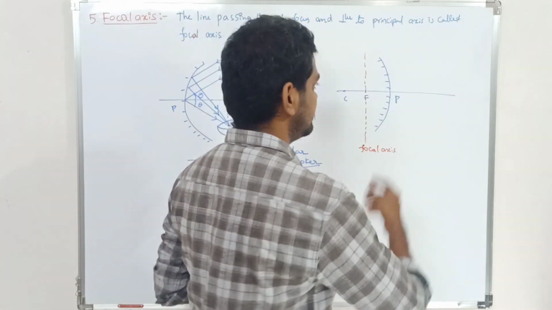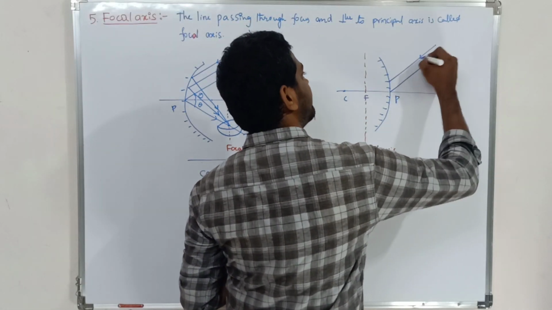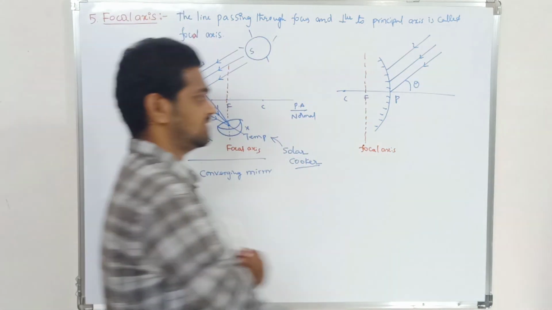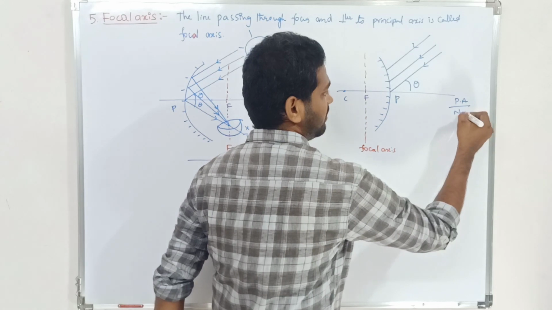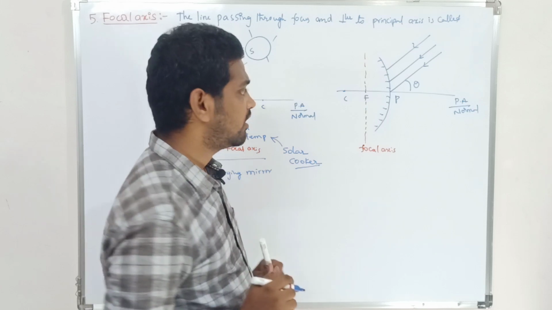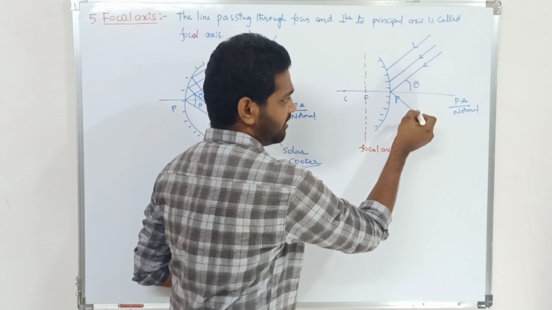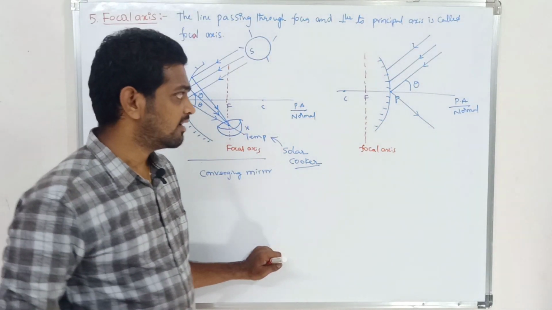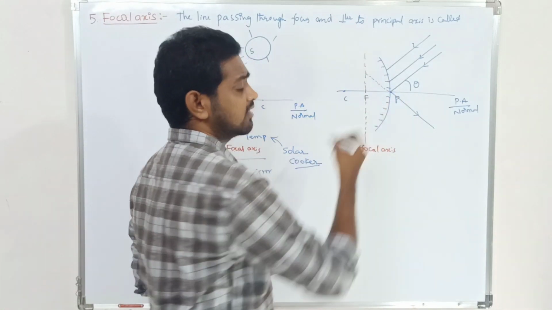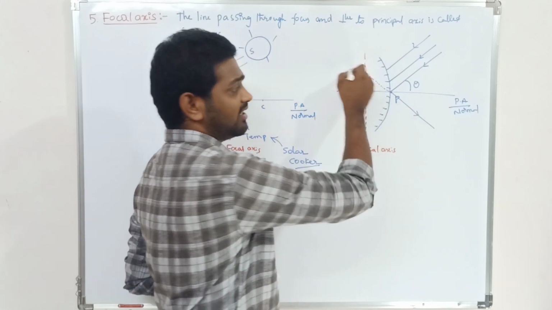And coming to the convex surface, suppose you had taken the incident beam which is making a certain angle theta with the principal axis, and we know the principal axis is also one of the normals. Clear? Since it is a diverging ray, that thing you should remember. Here the ray is making a certain angle with the pole, and after reflection it should make the same angle with the pole. How will you get the diverging rays here? The first thing you should remember is that in order to get the diverging rays, I will extend the control rays. The control ray is nothing but the reflected ray extended in the opposite direction.